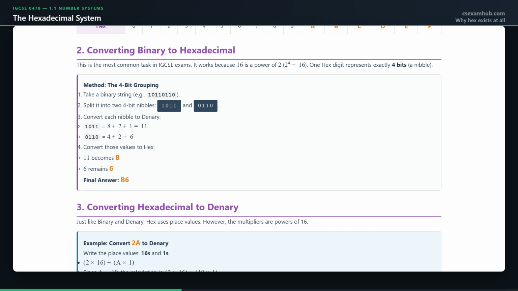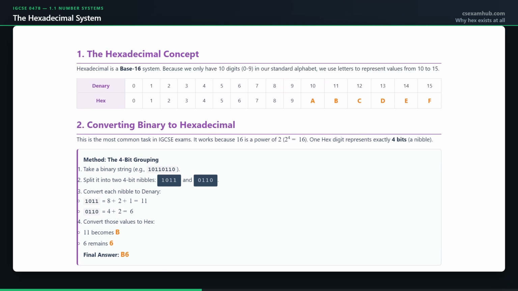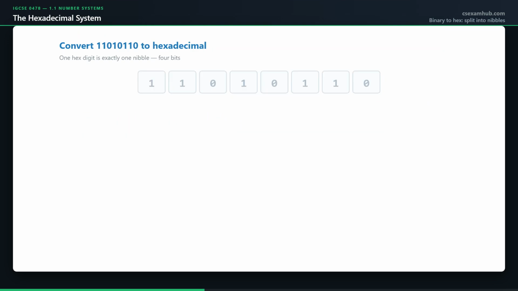4 bits is called a nibble, which is half a byte. So one hex digit is 1 nibble, and 1 byte is always exactly 2 hex digits. That clean, exact relationship is the entire reason hexadecimal is the base programmers reach for. Let us convert a byte to hexadecimal. Take